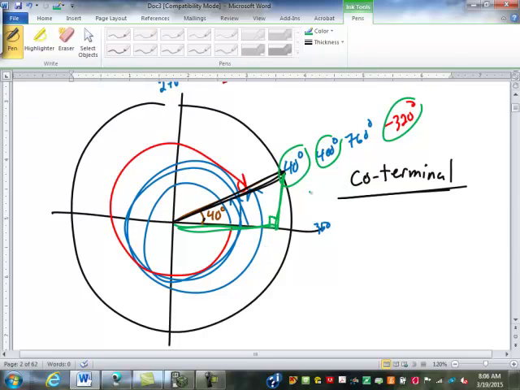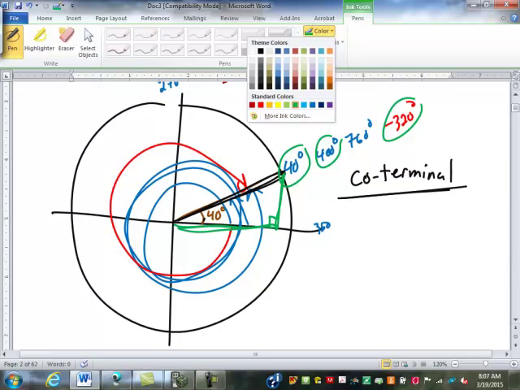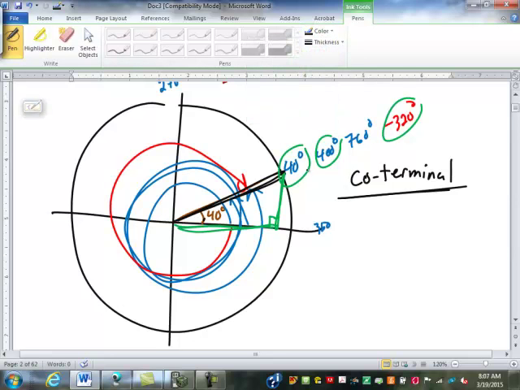This was a lot more important of a concept 40 years ago when we didn't have the fancy calculators. Back then, as David was mentioning the other day, you had the tables you had to look it up in. Those tables did not go from 0 to 2,000 degrees. They went from 0 to 90. And you had to know which one to look up. Not only were 40 and 400 and negative 320 related, but